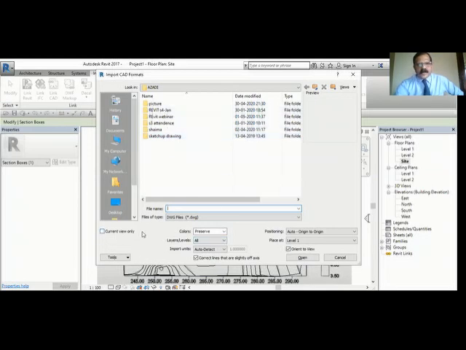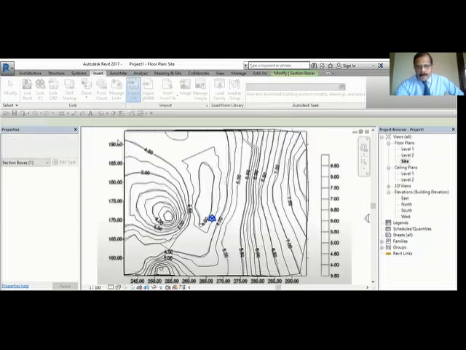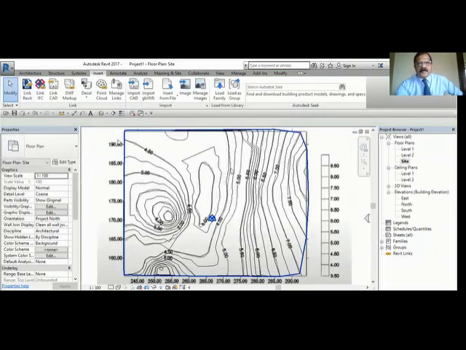So don't select this current view only. In that case, it comes only the current view. Don't select this. And here you keep colors as preserved, layers as usual, and import unit always keep as auto detect. Don't give any unit there. And positioning origin. Sometimes it will be in different. It will be base point something like that. But select always better to have origin to origin like this and just open. So you get the file open here. Suppose this is the AutoCAD drawing is up here.